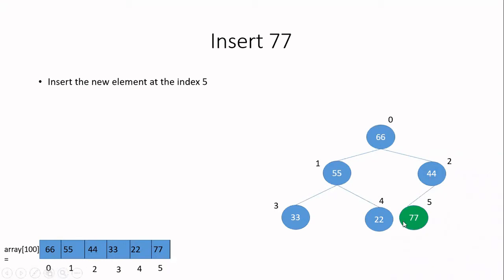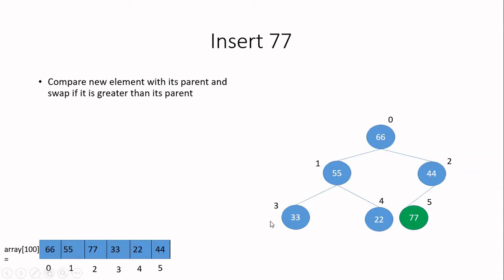Let me explain here. The same is done in the array representation also. So we will compare 77 and 44, then we will perform the swapping if 77 is greater than its parent. When we do that, 77 will go to this particular position. You can see the next slide, where I have swapped 44 and 77 in the array itself. Then can I stop the insertion process now? No, we can't stop because we have not reached the root level.